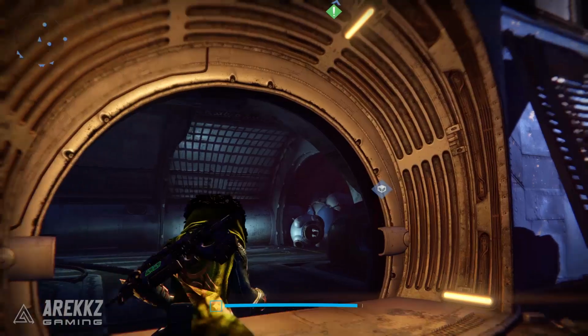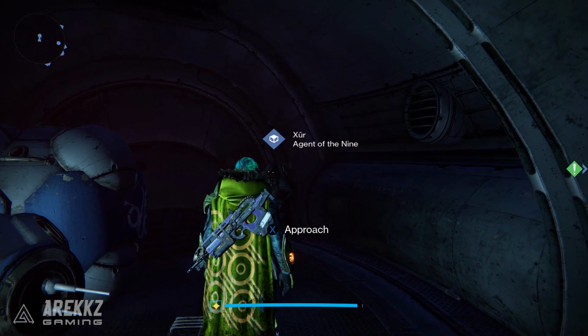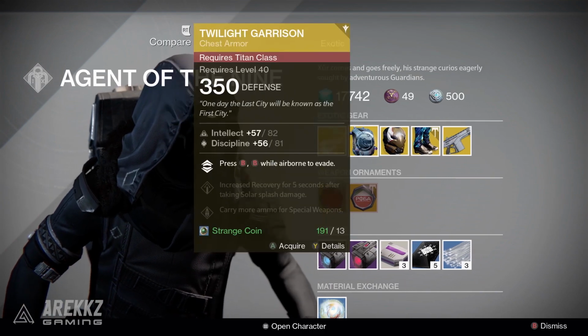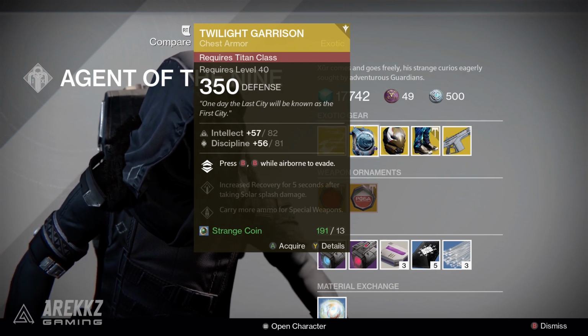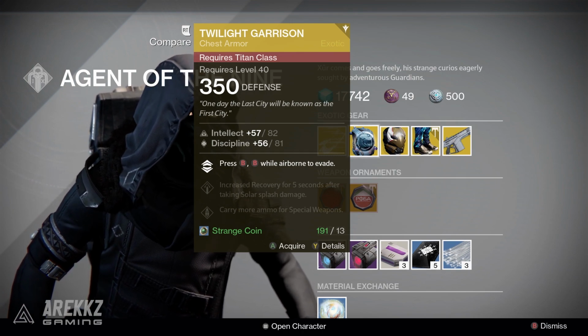Then, every Friday, Zur, Agent of the Nine, appears in one of these social spaces. He doesn't tell you where, so you'll need to go looking, but he brings with him exotic armor, weapons, and other miscellaneous items. He only stays for the weekend, so if you do want what he has for sale, then you're going to have to buy it there and then. But if you're just starting out in the world of Destiny, then Zur's weekly visits are usually something to look